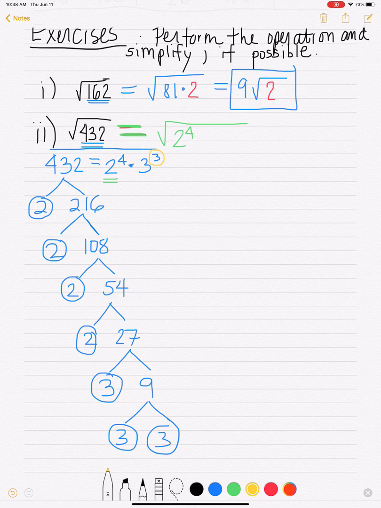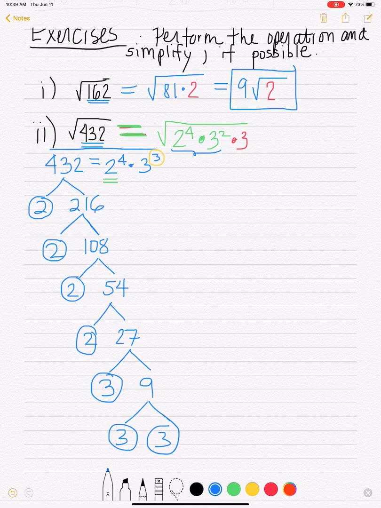So what we're going to do, we're going to break this up into 3 to the 2nd power times 3. So I'm basically separating 3 to the 3rd power as 3 to the 2nd power times 3. This even powered stuff right here is going to give you a perfect square. Anytime you have an even power, you're going to have a perfect square. Odd powers will not have a perfect square. So basically what we did, we peeled 1 three off of that 3 to the 3rd, and it gave us